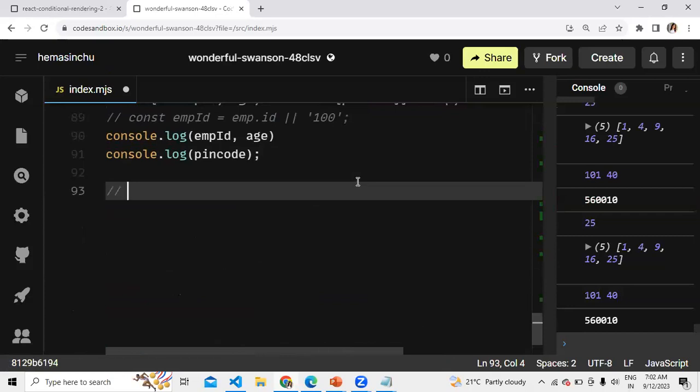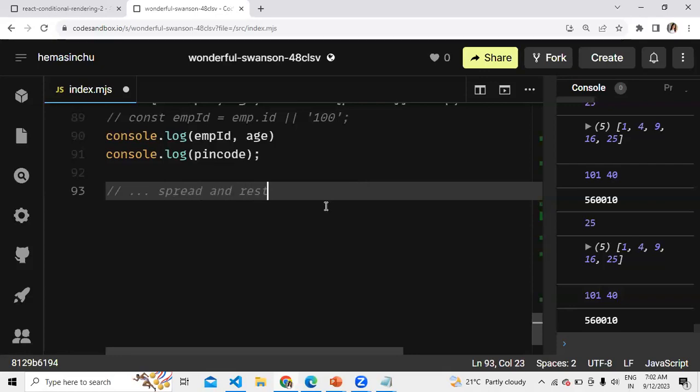It is the same operator, three dots. It acts both as rest as well as spread, but based on the context, we use spread or rest.